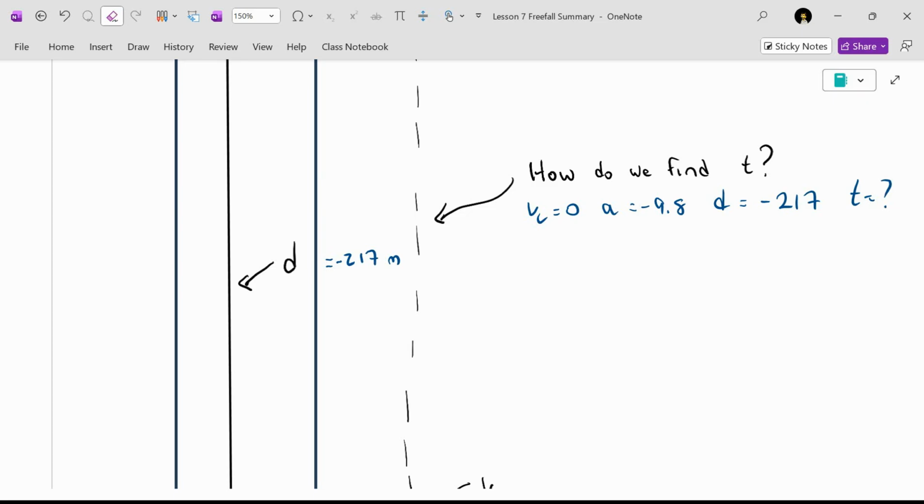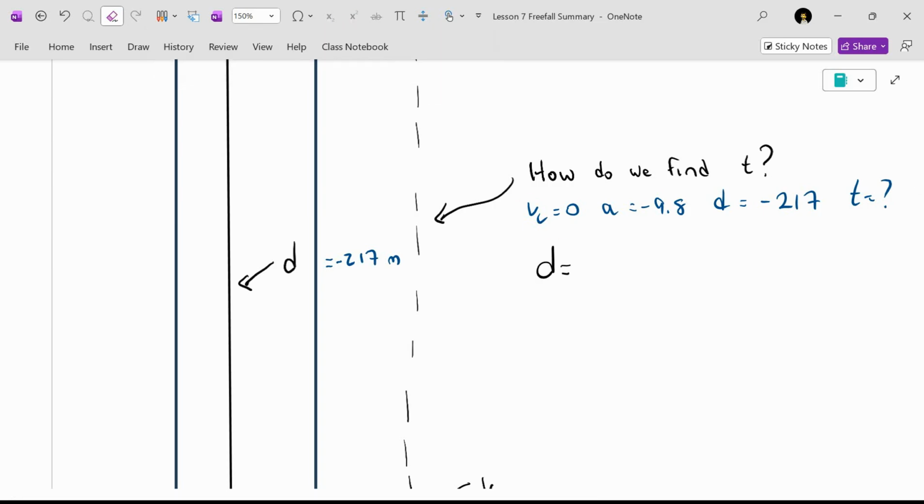Which equation has a VI, an A, a D, and a T in it? There is one. Yep. What's VI in this situation? What's VIT? Same answer. Say the word 0. Okay, so it's just going to end up being